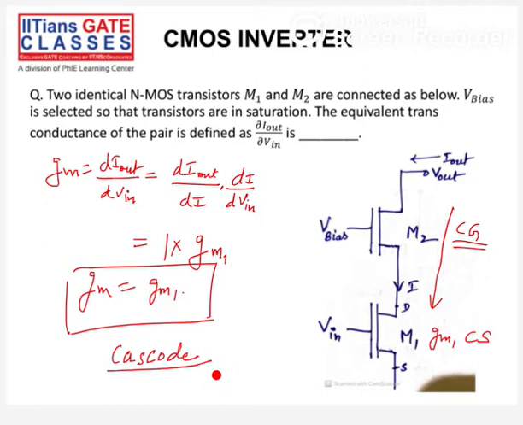It means in one the source is common, and in the other the gate is common. The same diagram is possible in BJTs. So cascade and cascode, two types of configurations are there. In cascade, both are in series, and in cascode, one is in series and one is in parallel. So I think you understood, it is cascode connection.